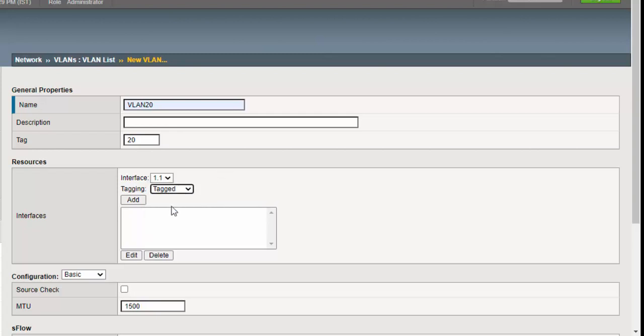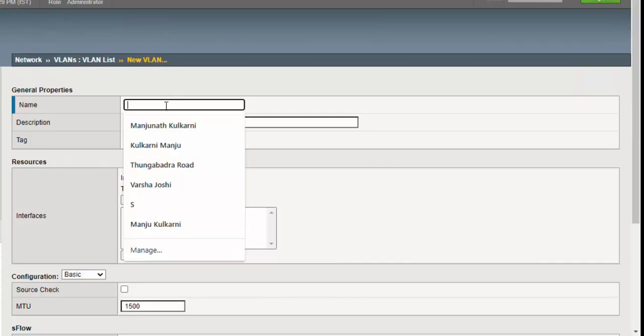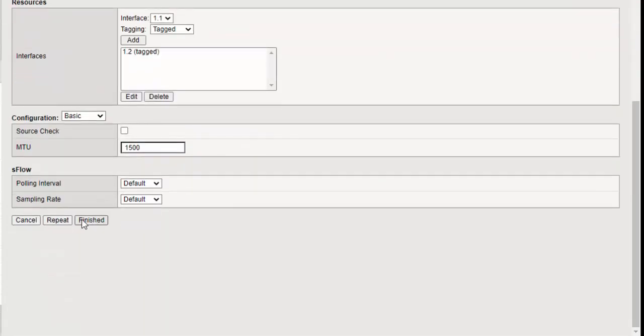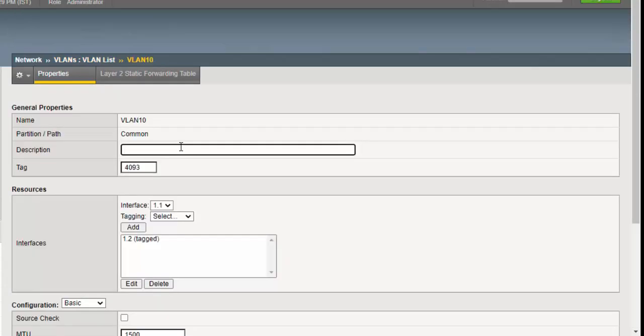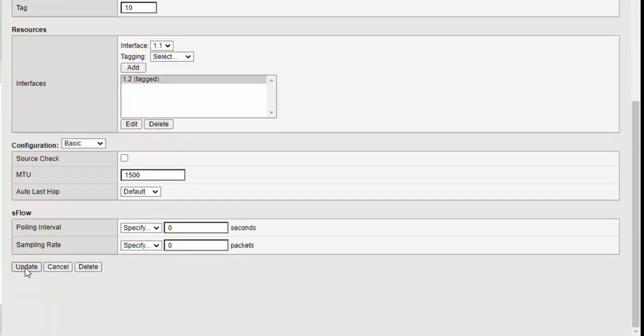Tagged 1/2, and repeat. And VLAN 30, the tag is 30, and 1/2 tagged interface, that is the trunk. Finish it. So I have to edit VLAN 10. This is the VLAN 10 tag ID, and this one is 1.2, that is the trunk interface. Update.